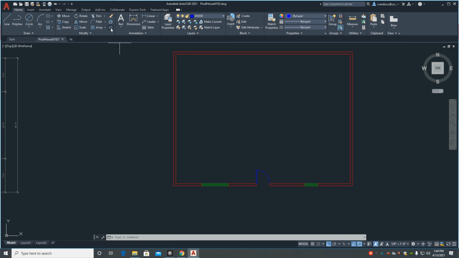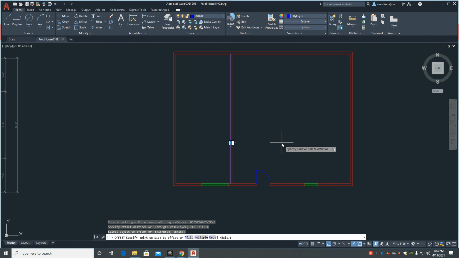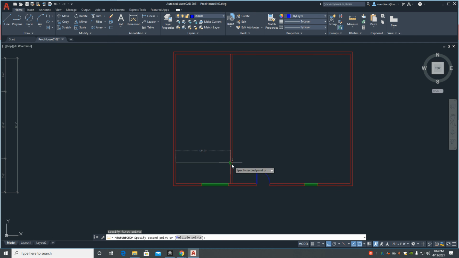So let's do the old standard 12'3" using the offset. Bring it over like that. And we need to put the thickness of the wall on, so we're going to do interior walls at 4 inches. And make sure it goes to the right, because again, we are mainly concerned with the interior measurement, 12'3",